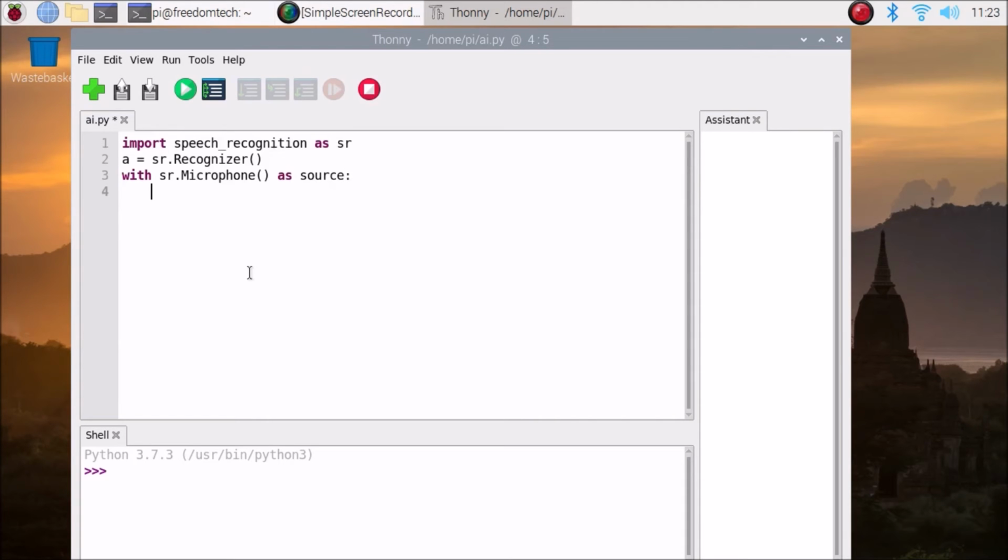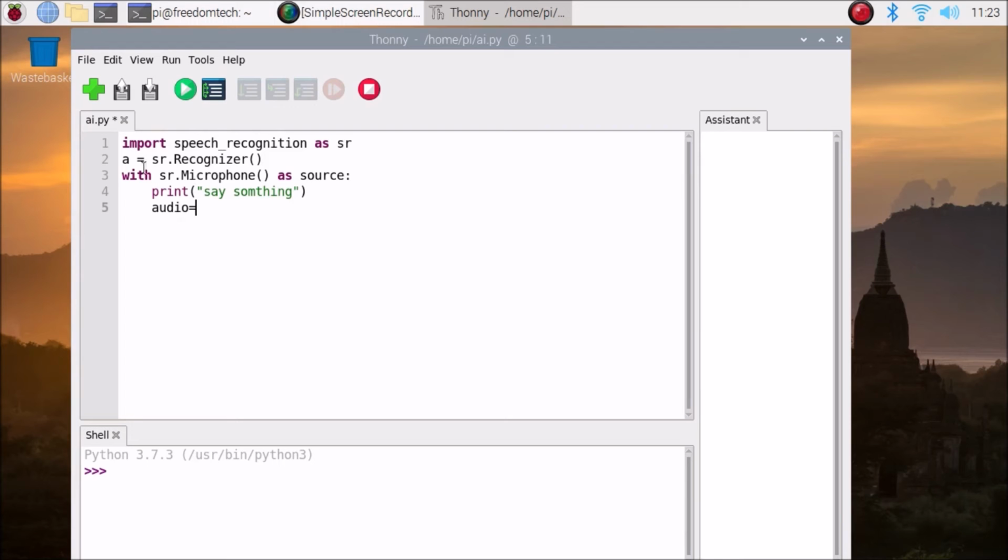Now I just want to tell the user to say something. For that we are going to simply print a text, say something. print("Say something").